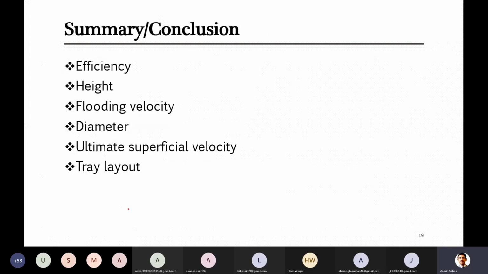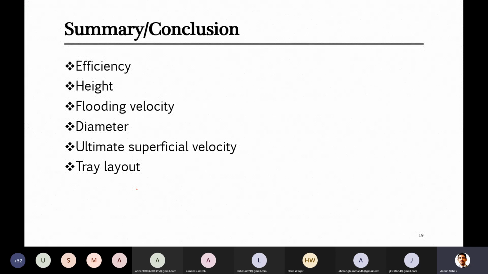To summarize everything up to here: after calculating the minimum liquid flow rate required for the absorption as well as the theoretical number of trays, we saw how to calculate efficiency. The different methods will be discussed and you can opt for those. Then after deciding that, we can find the actual number of trays required in the column, and after deciding the tray spacing you can find the height of the column.